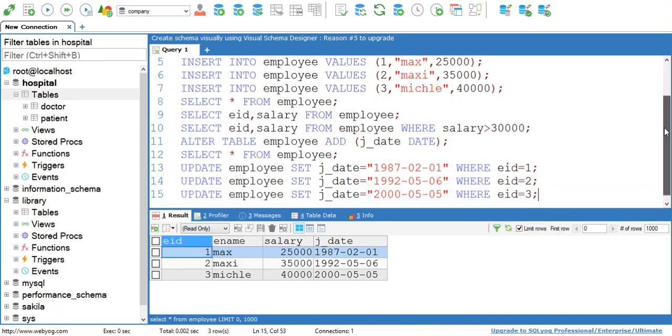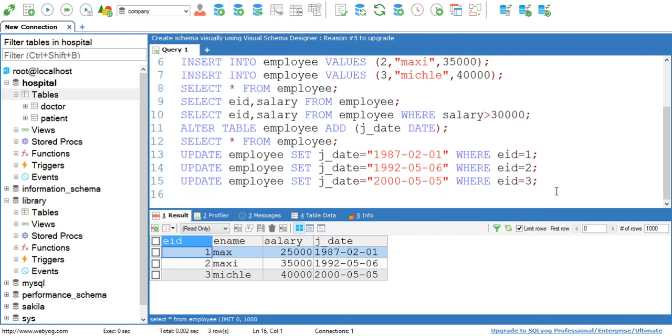Now we have seen one version of insert query, that is insert into employee, then write down keyword values, and then in bracket write down values for all the attributes in a sequential manner. Here in this table we have 4 attributes: employee ID, name, salary and joining date.